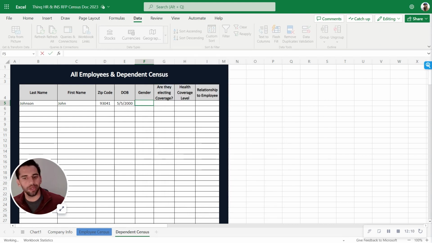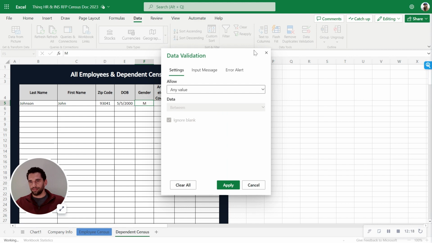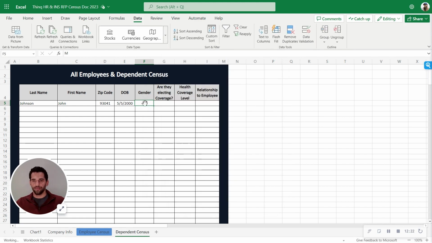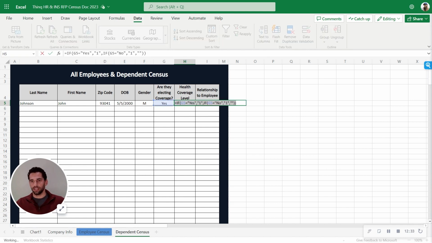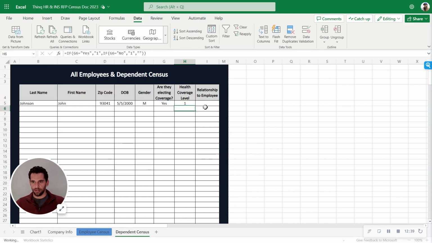Why am I clearing it? I'm clearing it because it's just not letting me do my thing, and they just need the information. So see that? Again, you go to data validation, go to settings and you find it, and then you clear it if you need to. Don't make that a practice, but if you're having a hard time and you need to get the census done, then you get it done. Yes, I'm electing coverage, and the coverage I'm electing is one